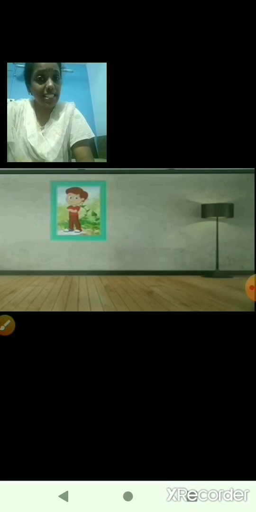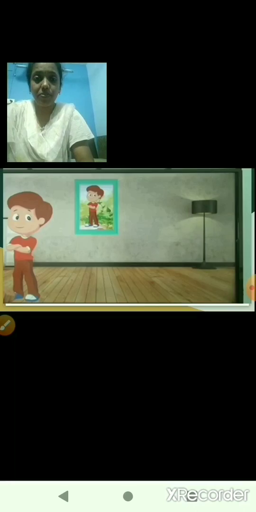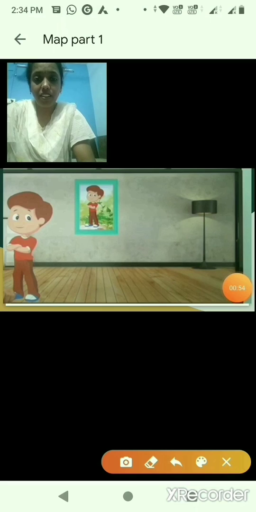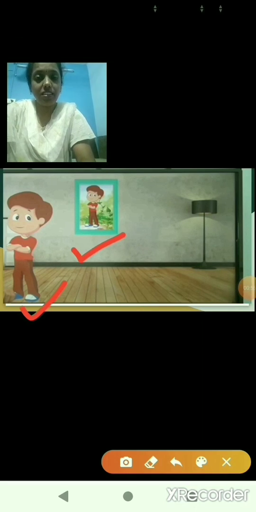So let's compare the boy and his photograph. Here the boy is standing and here is his image.